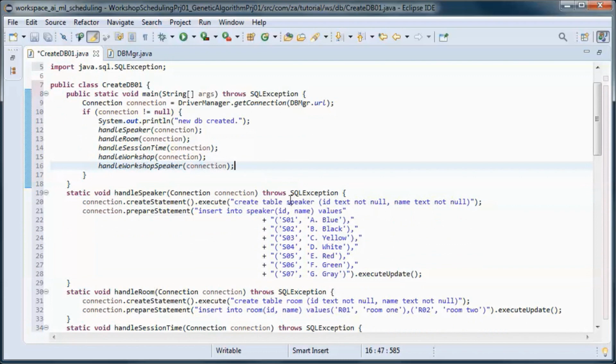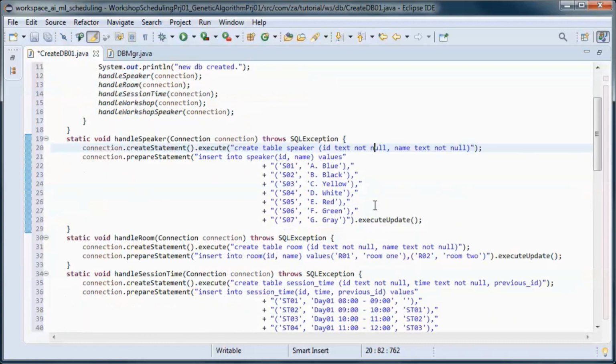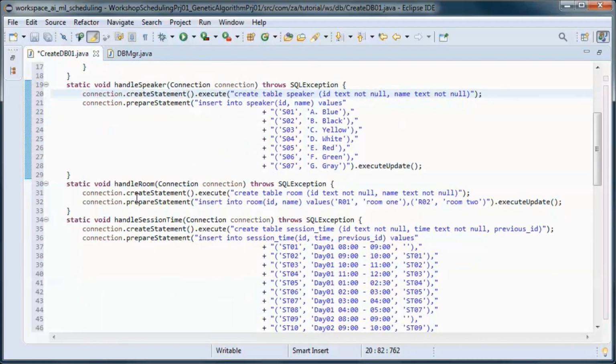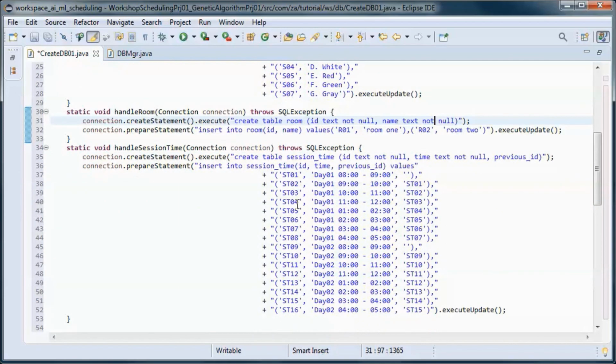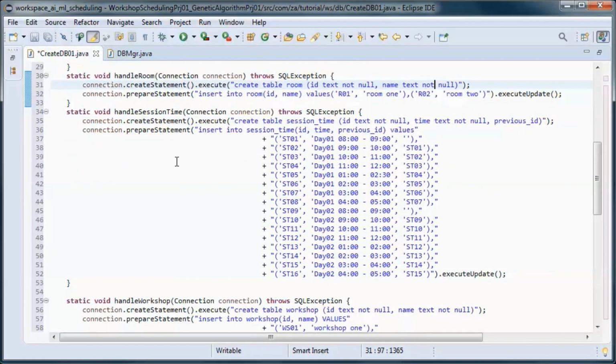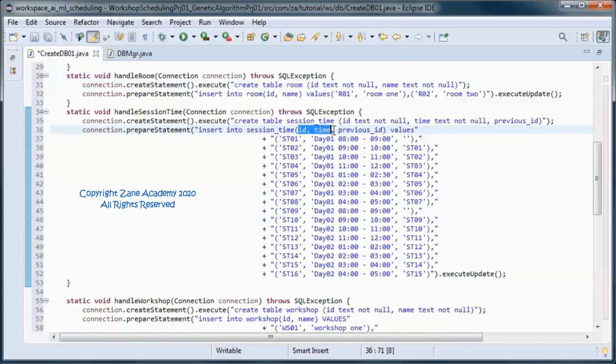So a speaker table with an ID and a name, and a room table with an ID and a name also, and a session time table with an ID and a time and a previous ID.